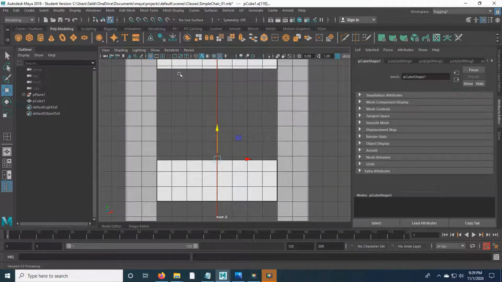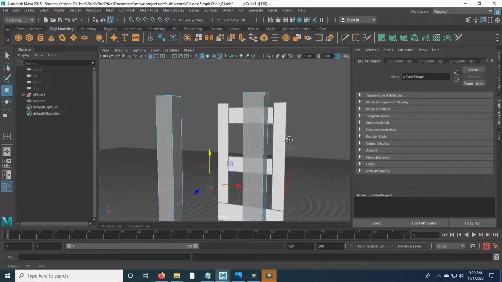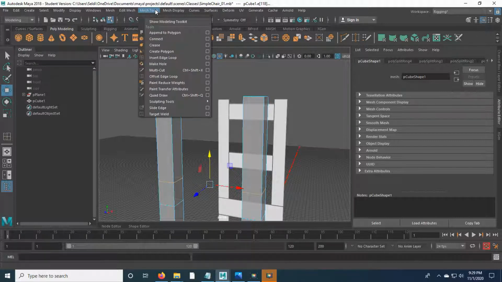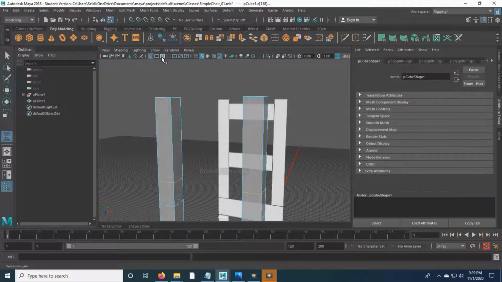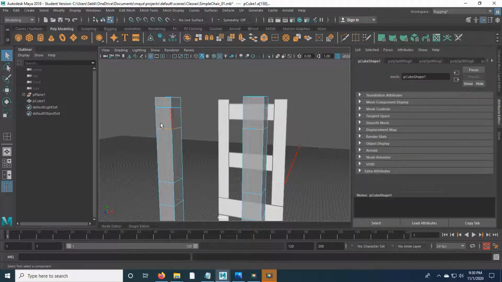Let's go ahead and do the top section as well. So I'm going to go out into the world, so perspective view. Let's add another group of subdivisions. Let's go up to Mesh Tools, come down to Insert Edge Loop, and right about where the second slat's supposed to be, I'll add an edge loop. I'll do one above, and then another edge loop, and one above. Q gets rid of my tool. Double click the edge loop to get all the way around. Hold shift, double click, get the other one,